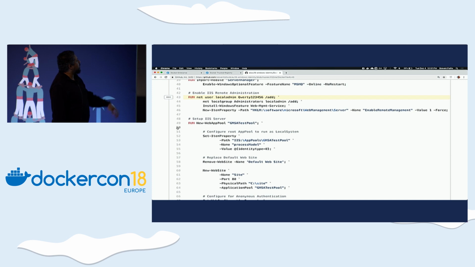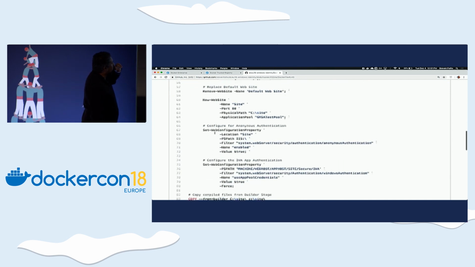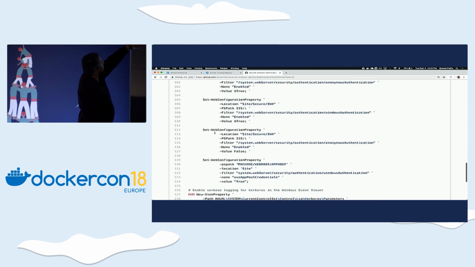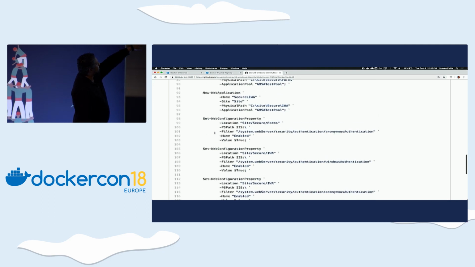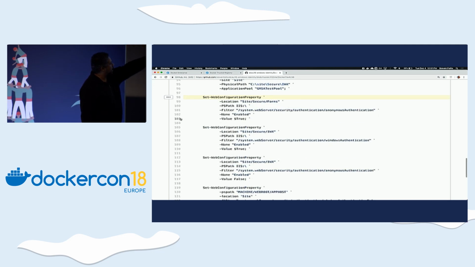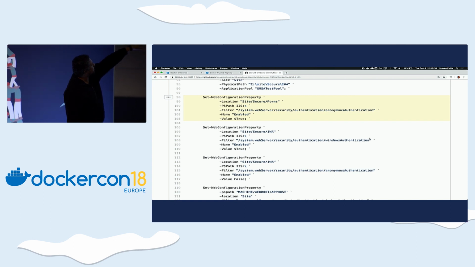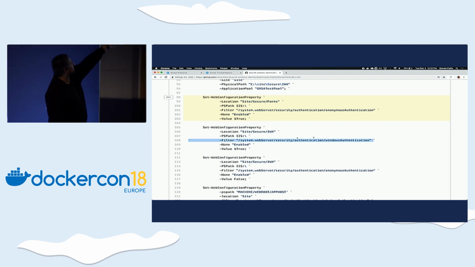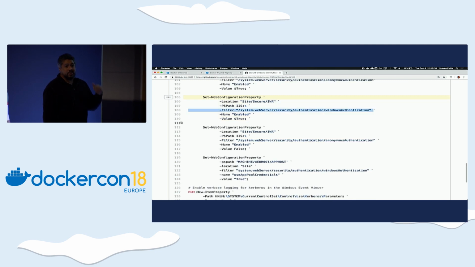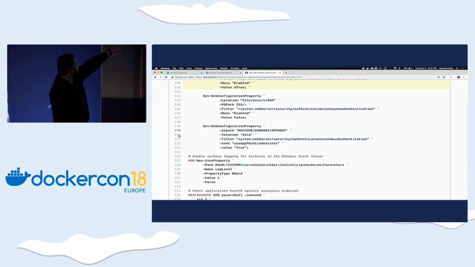Right? The other thing, if we scroll down, keep scrolling. All right, so right there, set web configuration property, we set it to anonymous authentication is enabled, and then Windows, I'm sorry, line 108. We're setting that particular setting to Windows authentication, and then you scroll down a little bit. This one here, line 127,